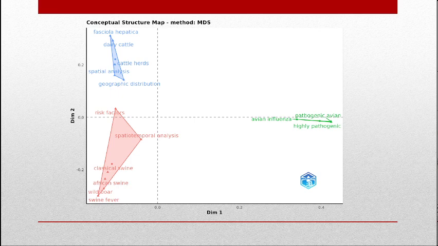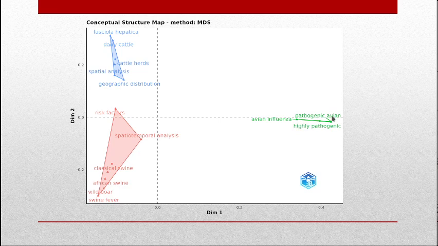So if we can see different terms on this map, if two terms are closer to each other, they will co-occur more frequently. And if a certain group of terms have strong bonds, co-occur, and have very strong links, then they will form clusters. So in my study I could see 3 clusters of terms,